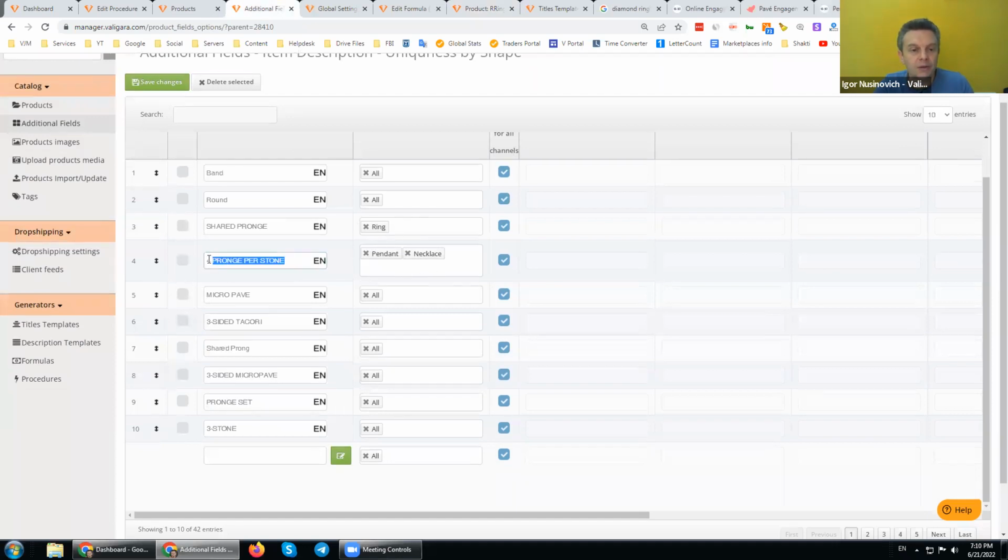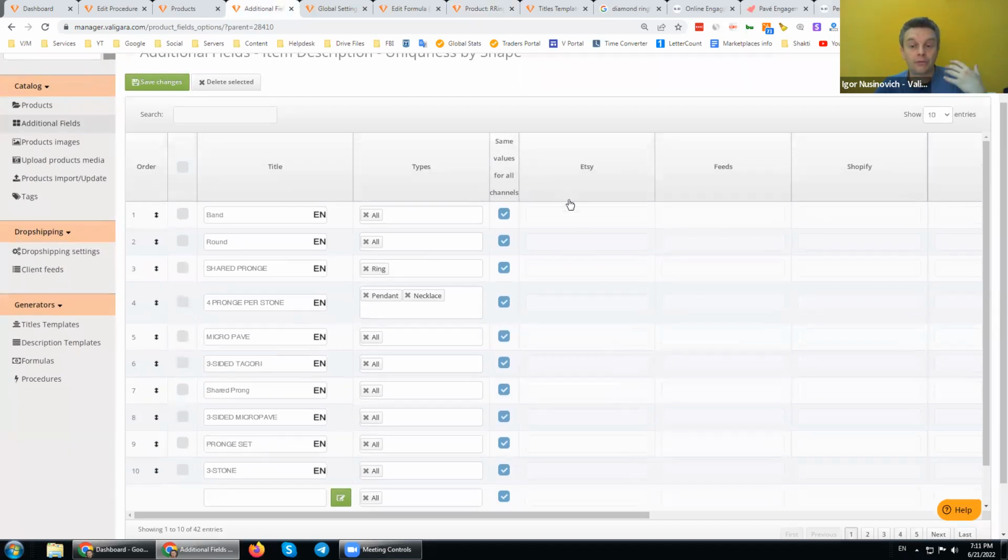So I will not see the 4 prongs per stone. And this also allows me to make my work more reasonable and more efficient. Everything can be done inefficiently. Everything can be done with hard work, but we hope that you will optimize your work more and more.